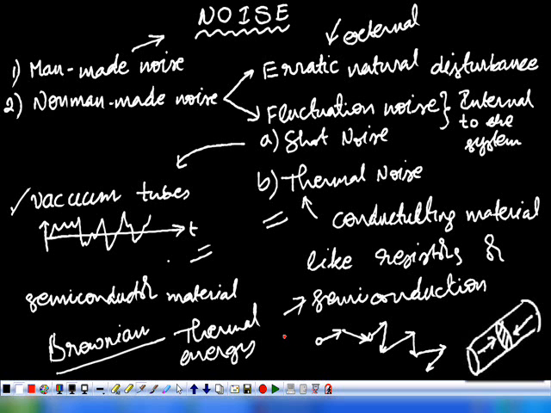If the charged particles are recombining, we observe some difference in the charge density, and if there is a difference in charge density, diffusion takes place. So due to the diffusion of the minority carriers in the semiconducting medium, the thermal noise current will be generated,